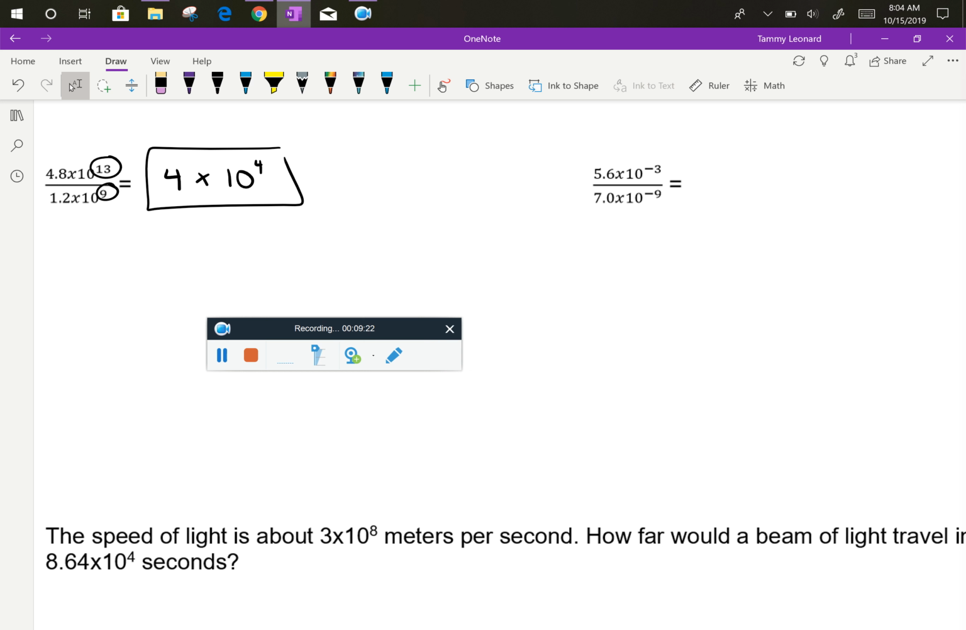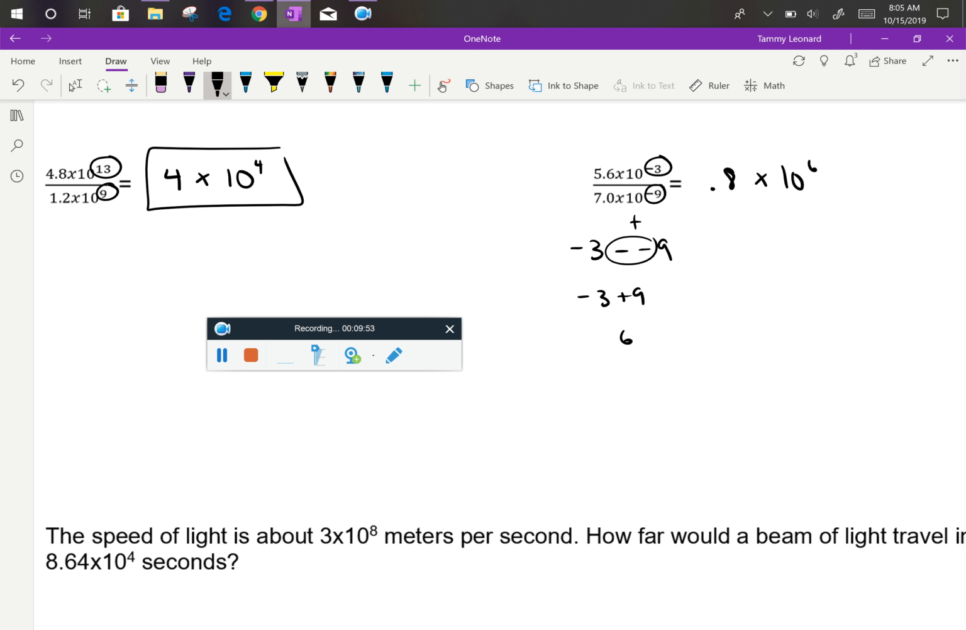5.6 divided by 7 is just like 56 divided by 70. So we could do that as a fraction, but since with scientific notation we're going to give our answers in decimal, it does in this case make sense to go ahead and divide, and you see that you've got 0.8 when you do 5.6 divided by 7. For our powers, we have -3 minus a -9. Now we know that minus a negative is really plus, so -3 plus 9 is 6. So the power on the 10 is